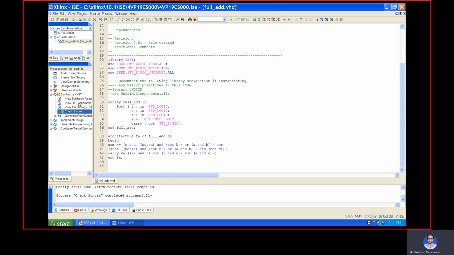And if you want, you can see the internal architecture also. Just for you I'm showing, to have some idea about this Xilinx software, its properties, what types of things it exhibits, and how friendly it is to the user.